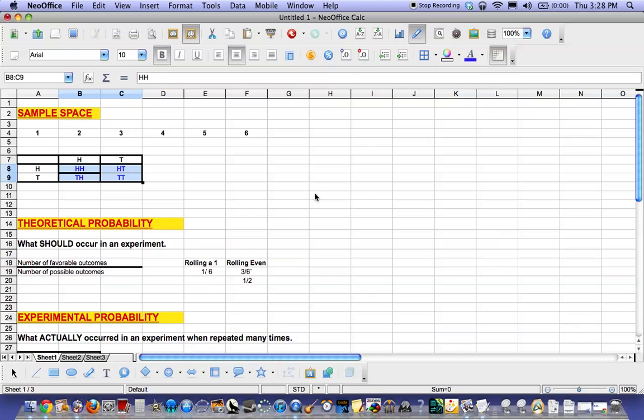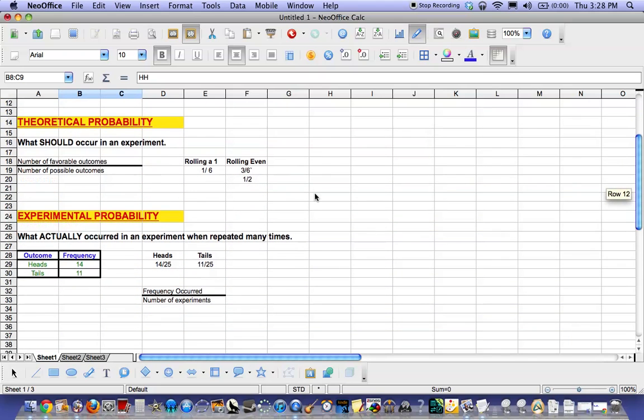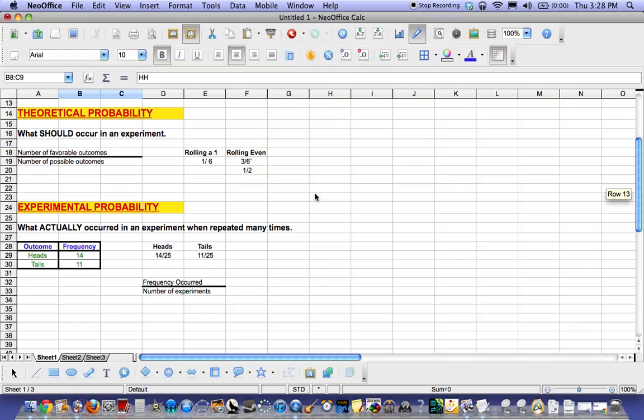But let's get down to the probability aspect of things. There are two types of probability. There's theoretical probability, which is what should occur in an experiment. For example, when flipping a coin, getting heads should be a 1 out of 2 chance. There should be a 1 in 2 chance of getting heads when you flip a coin because there are 2 possible outcomes and one of them is heads. So